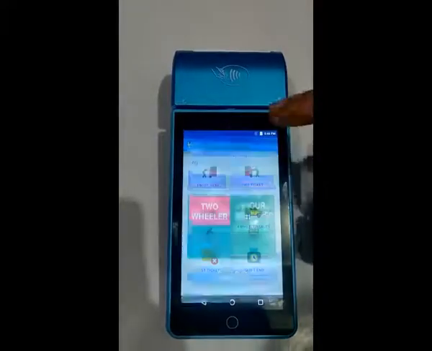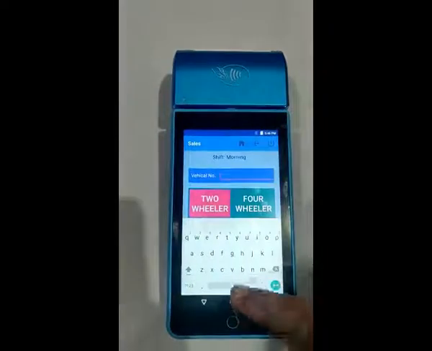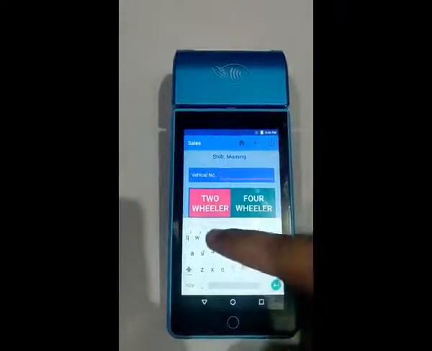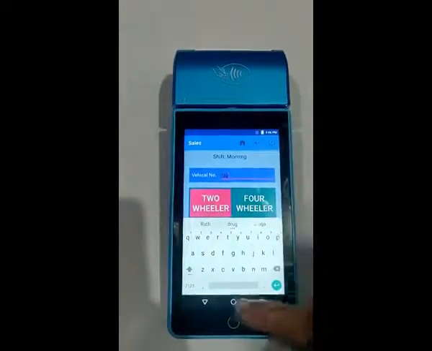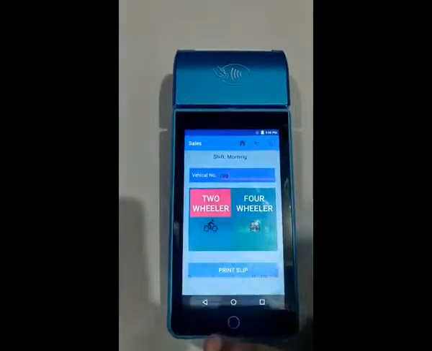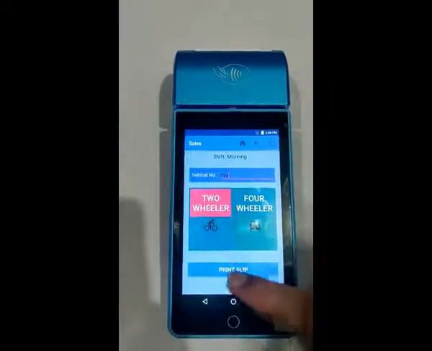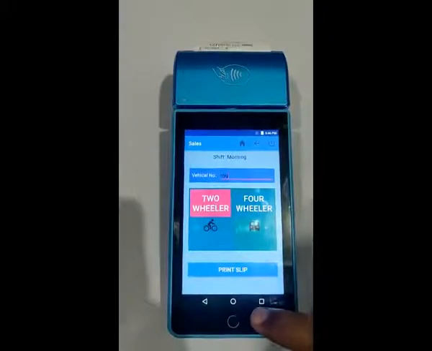So let me start with the entry ticket. Here the user has to enter the vehicle number, so I'm trying to put in some random number. I've selected a two-wheeler and print the slip.